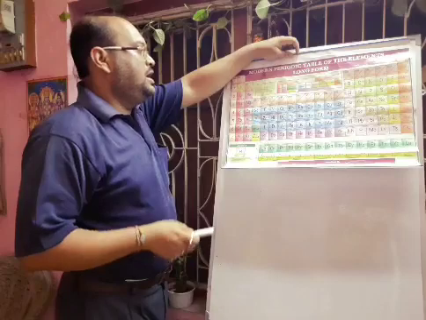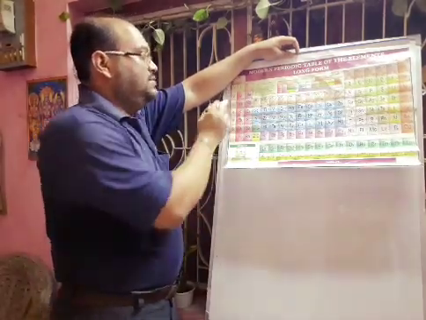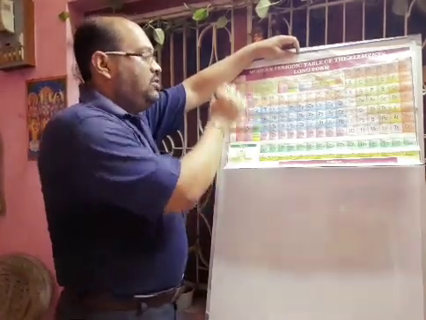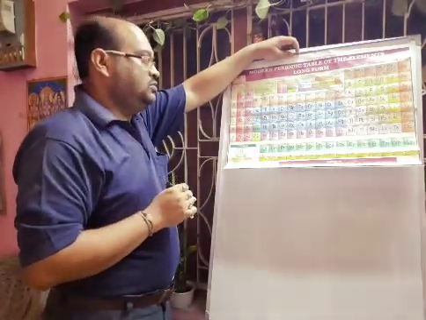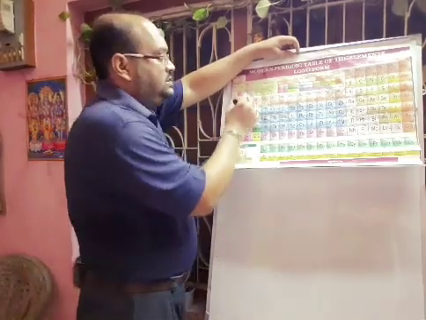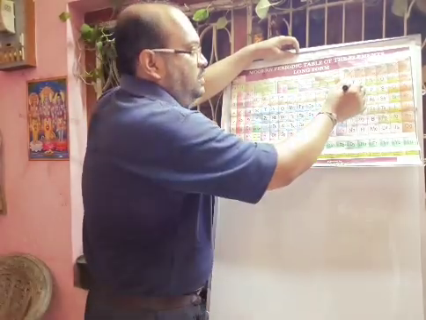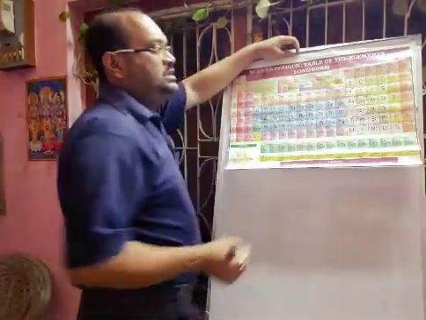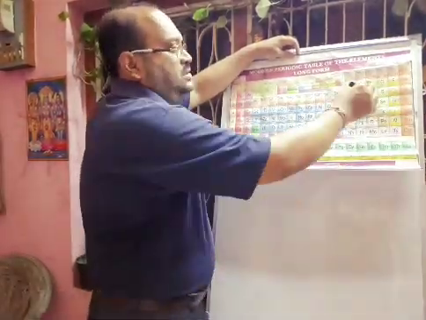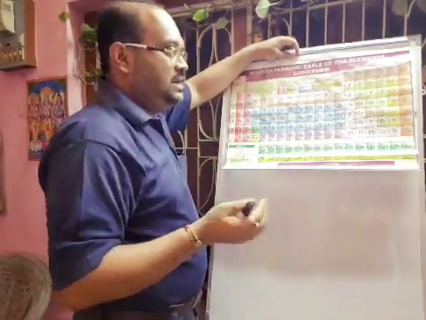Now here you see group 1, its valency will be 1. So that means lithium, sodium, potassium, all valency is same. Beryllium, magnesium, calcium, all valency is same, that will be 2. They have 2 valence electrons. Later you will be able to understand. Now you remember the group and its valency or valence electron. And next this group 3, that means boron, aluminum, its valency will be 3. Carbon, silicon, its valency will be 4, and nitrogen, phosphorus, here total number of valence electrons will be 5.